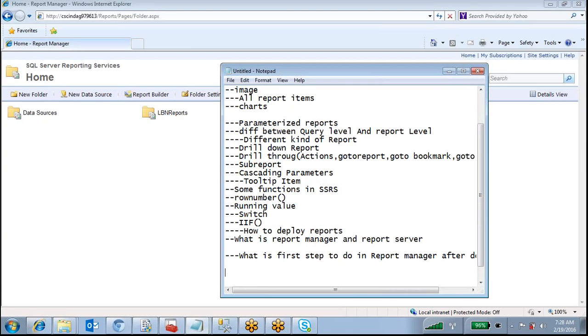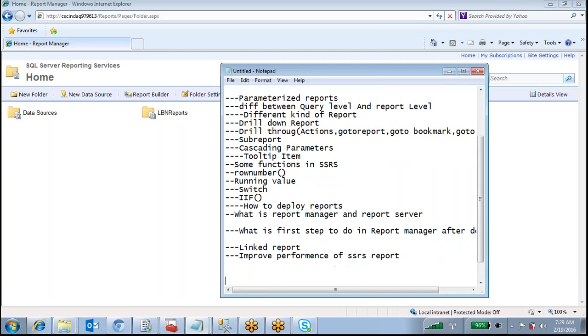Okay, and the next one is, what is a linked report? And how to improve the performance of an SSRS report? You can use snapshot and caching.